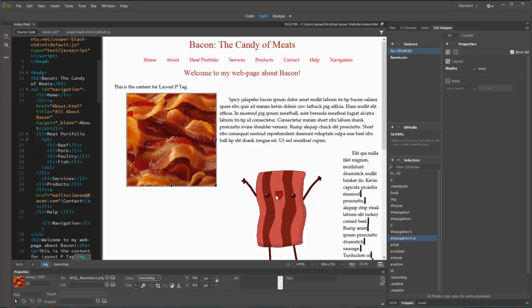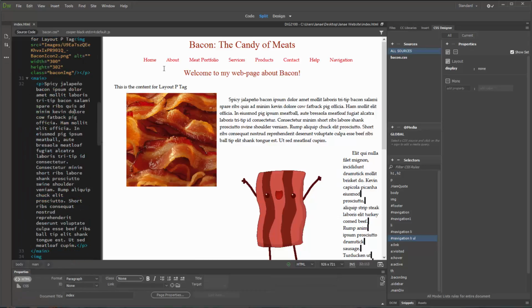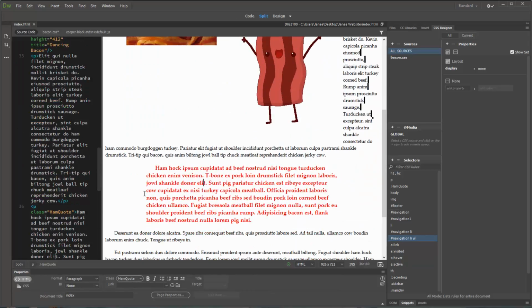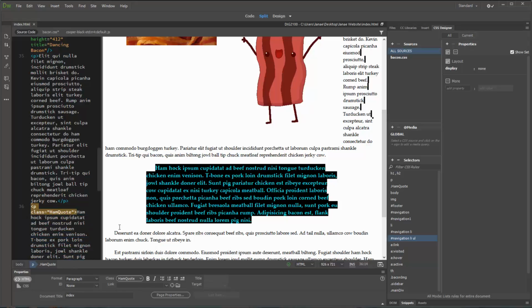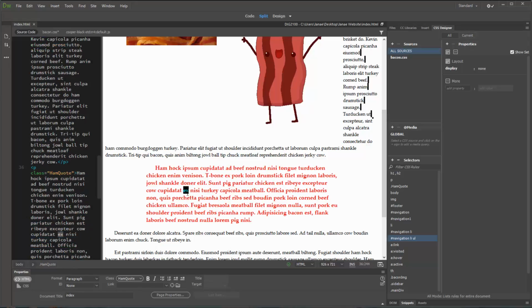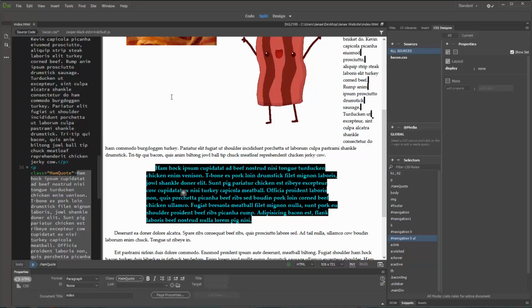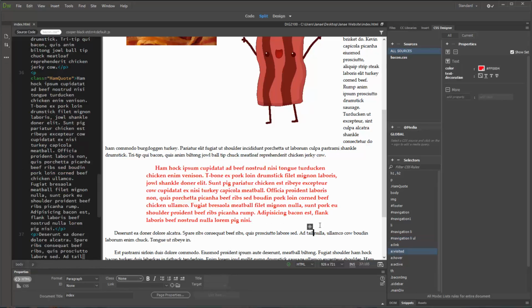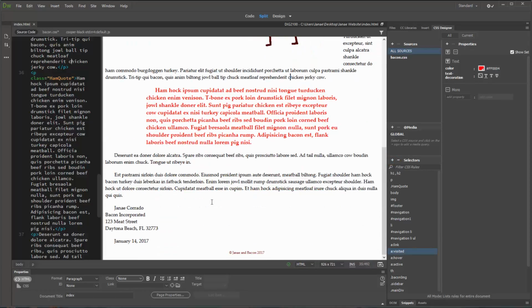So the nice thing about editing this way is when you click in a region, I'll click in my hand quote here. When you click in a region of Dreamweaver, whether it be in the code section or in the design section, when you click the little plus in